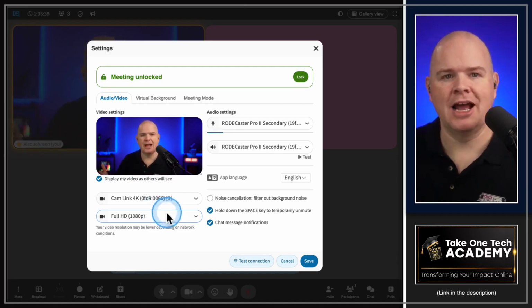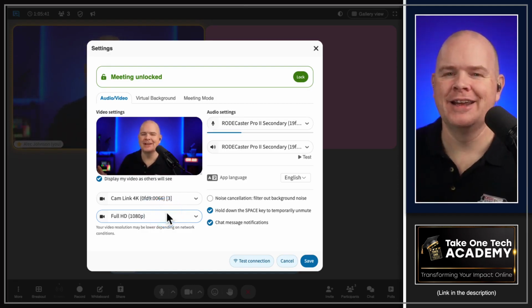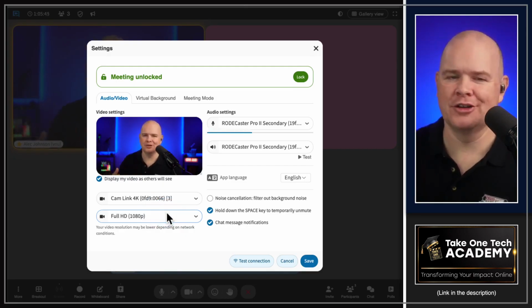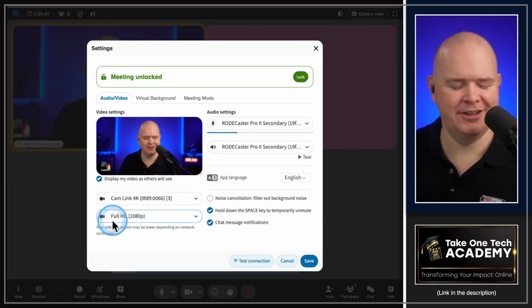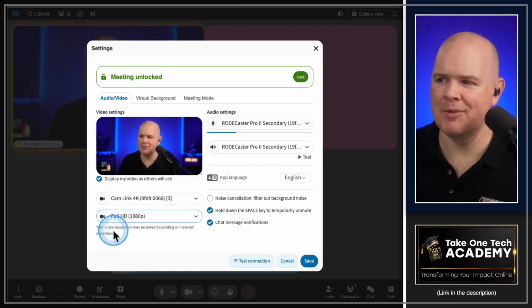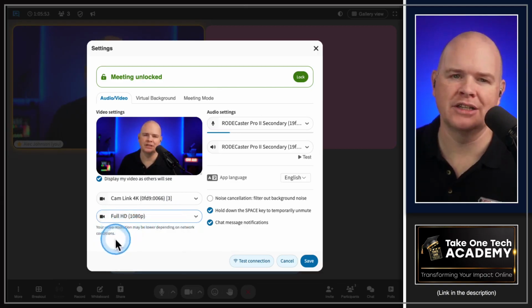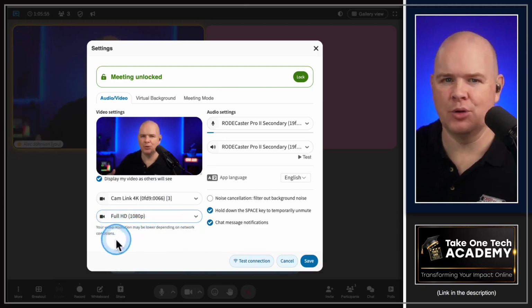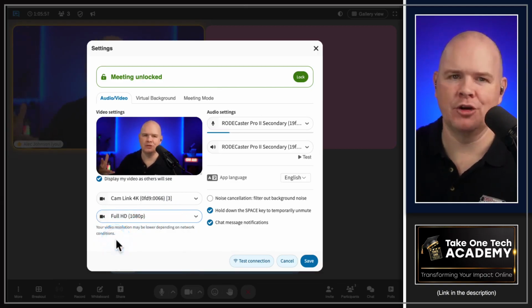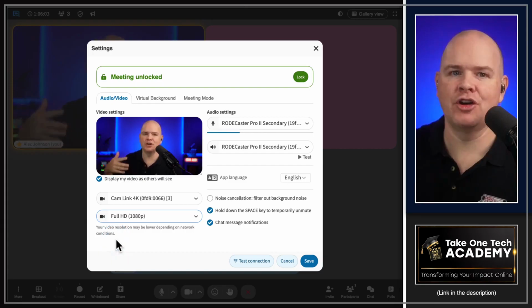Now, obviously, there is always a limitation. If you've got really slow internet, really poor resolution, you're on dial-up. Dare I say it? I don't think anyone is anymore, are they? But yeah, the resolution may be lower depending on your network conditions. So if you have really poor network, then it may be that it drops. But generally, the fact is it's available to everyone on every plan, and